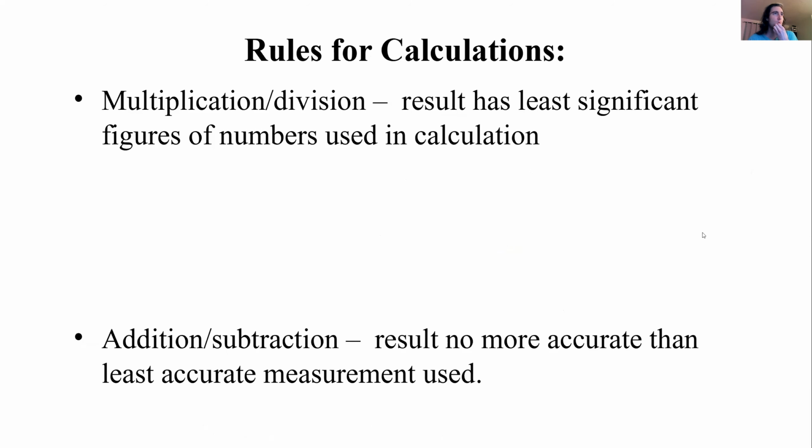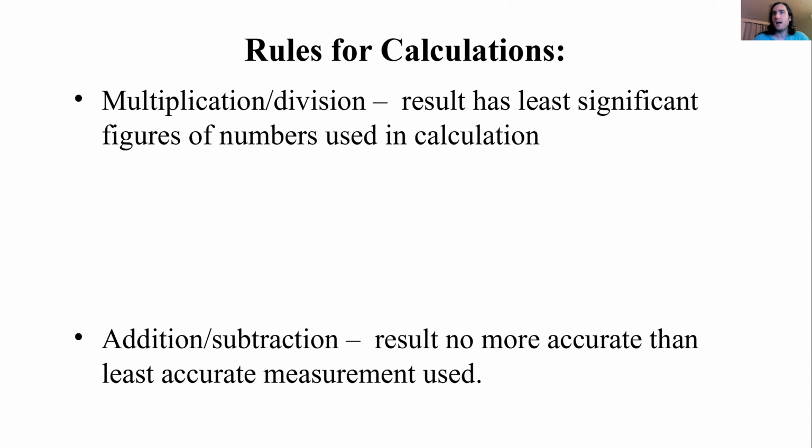All right, so we have some rules here for calculations. It looks like I made a little mistake there with my animations, but the rules for calculations are pretty straightforward. A lot of people get caught up on these rules. I honestly feel like teachers are just being a little bit too hard on significant figures sometimes, especially chemistry teachers. They're a little bit too strict on significant figures. When you're first learning stuff, yeah, it's important to learn it the right way, but